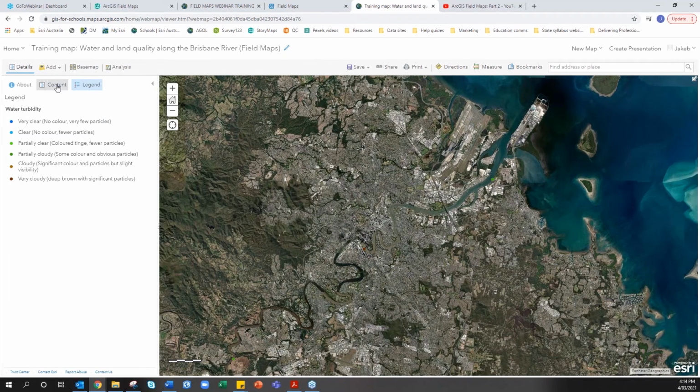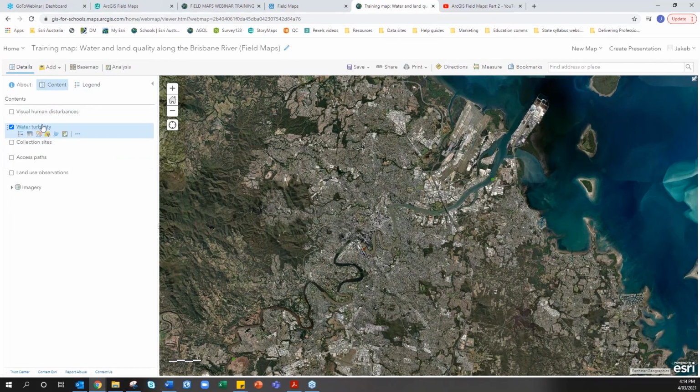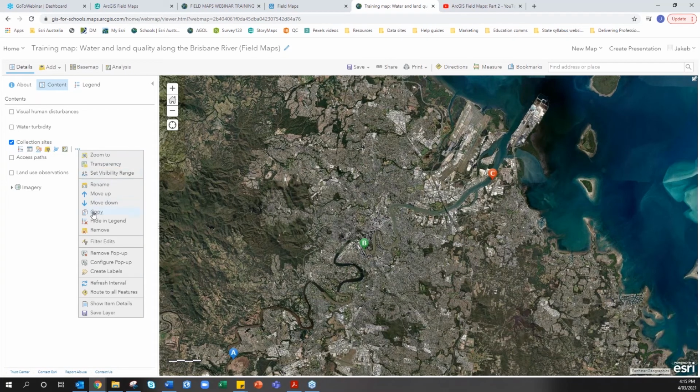Sorry. But I could essentially, if I wanted to create more, it's a matter of just going through that process. I'll turn that one off. I'll turn this collection sites back on. It's just a matter of hovering over my layer, clicking the more options button, which is the ellipsis, and clicking